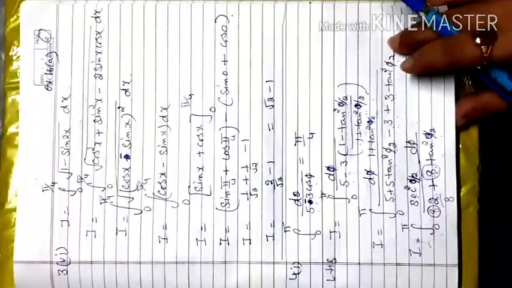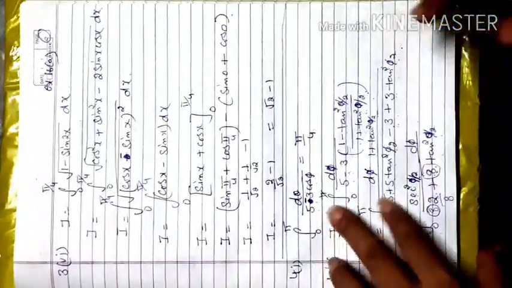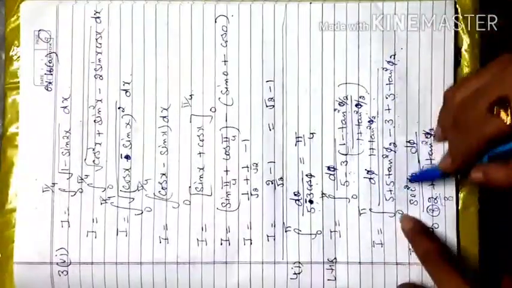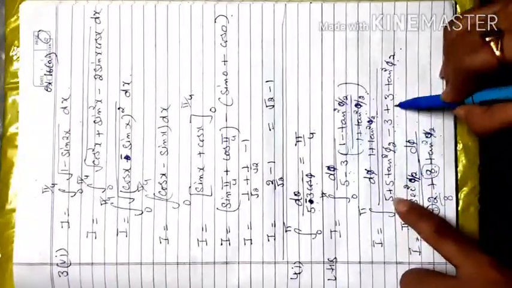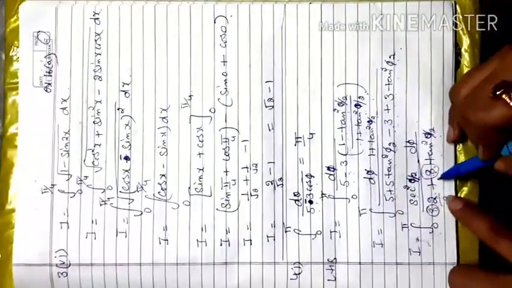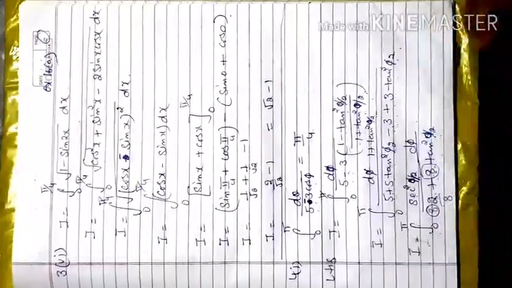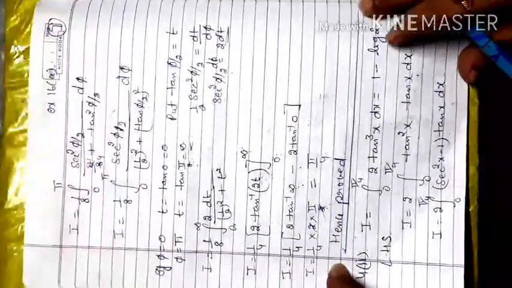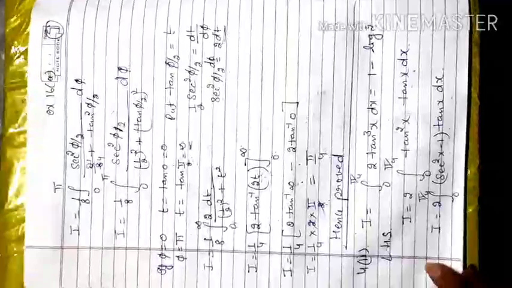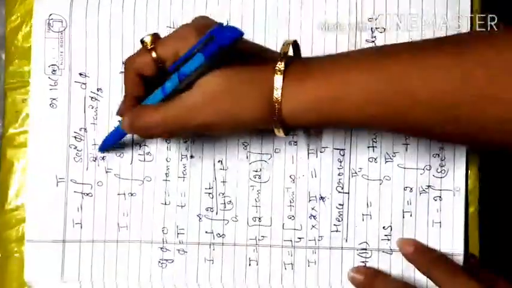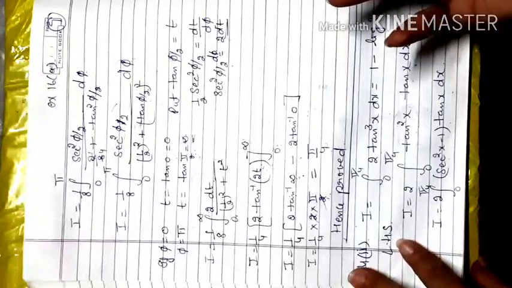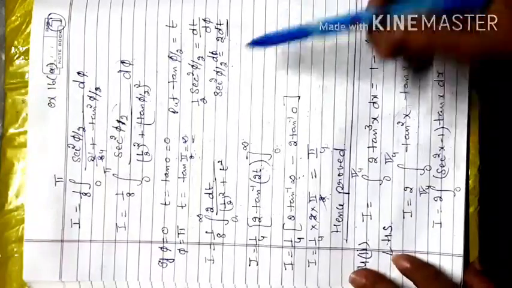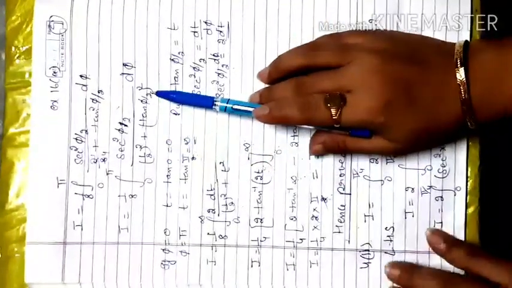You have to be very careful about the question. Here I don't know how I did this, minus and plus, but the question will be the same. If you solve this one, this becomes positive and this becomes negative, and this becomes 8 and this becomes 2, and it will be 8 by 2. If you take 2 common here, that will be 2 by 8 plus tan square phi by 2. Instead of 1 by 4, if your positive sign is there, there will be 2 square, 4 only, and that becomes the 2 square. That is again a square plus x square form.